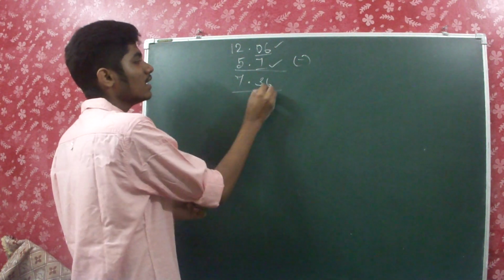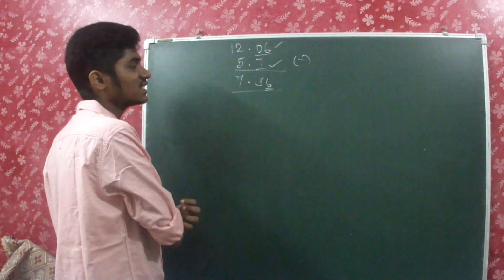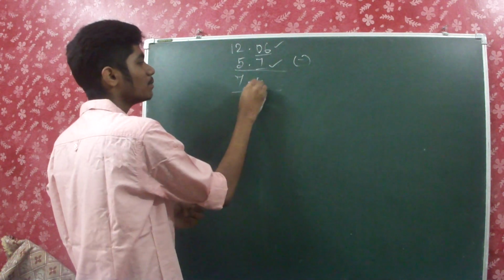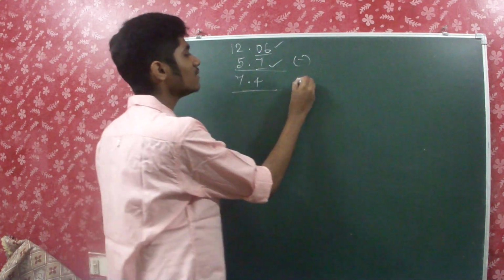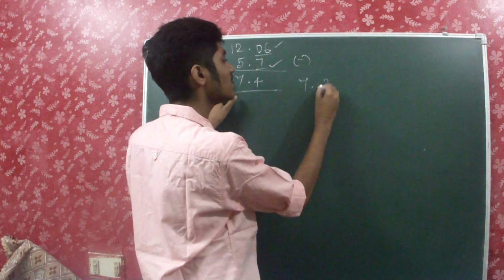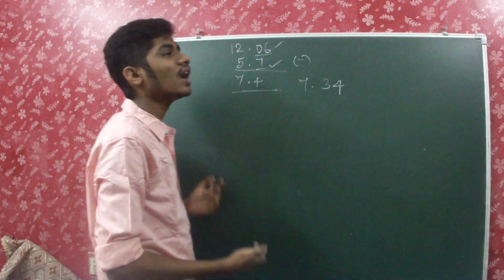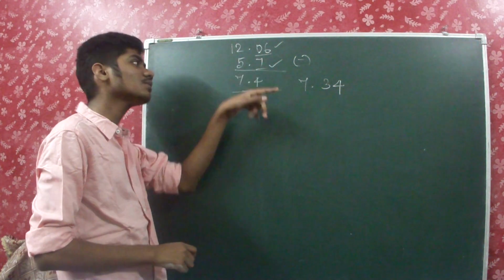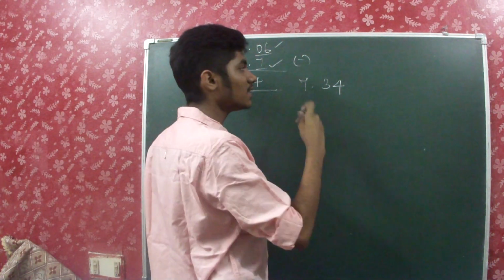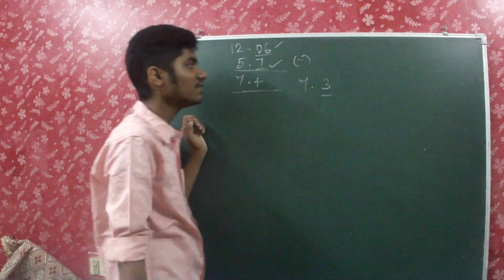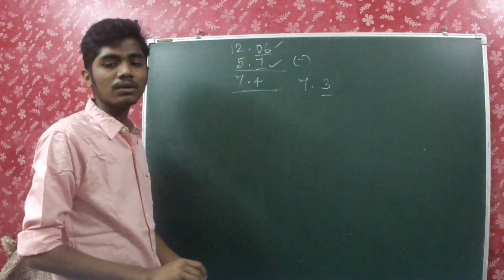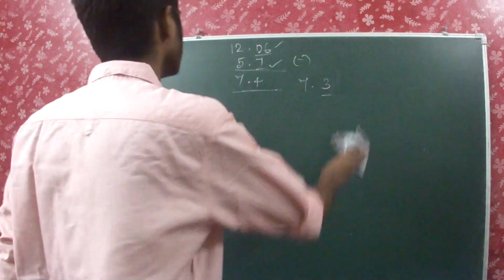And how do you do that? Here the uncertain digit is 6, so it's greater than 5, so I will be writing it as 7.4. Okay, so you must always keep that in mind. Even if it is 7.34, you can't leave it as it is, because we have another rule which tells us to estimate the answer to 1 decimal place. So as this is less than 5, you can just erase it and leave the answer as 7.3. Okay, so this is the second rule which we must know.